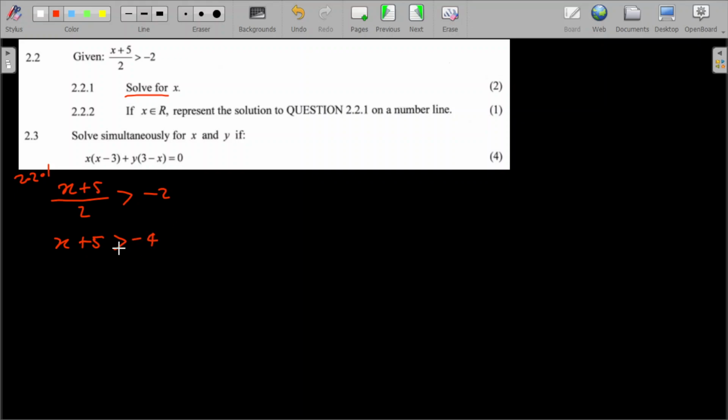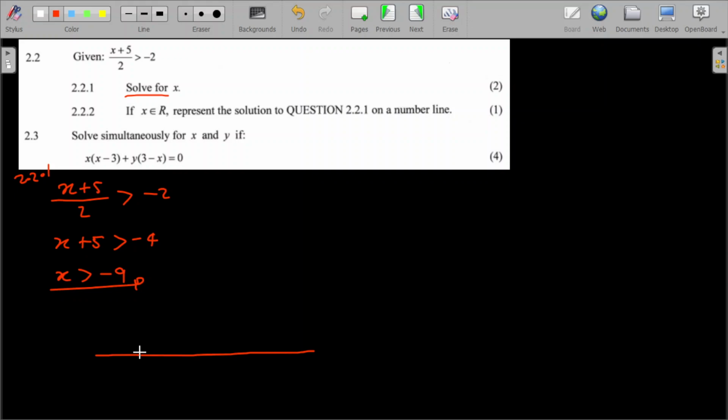And then from here, I take this to the other side, and then it becomes what? It becomes negative. So it's going to be negative 4 and negative 5, which is going to be x greater than negative 9. Now from here, this is the solution for x, which is what they were asking me in 2.2.1. Now they are saying if x is an element of all real numbers, represent the solution of 2.2.1 on the number line. Now what is very important here,